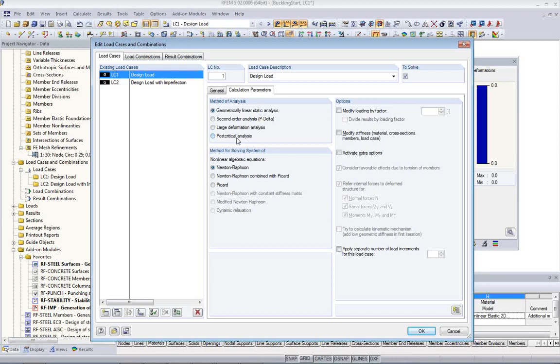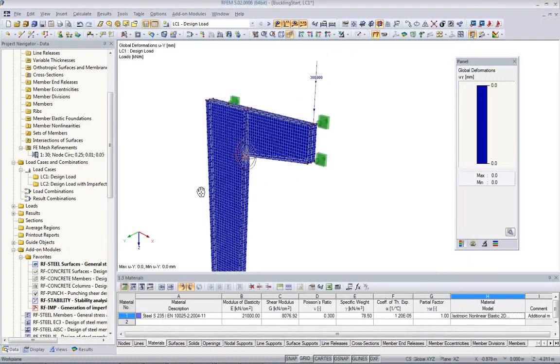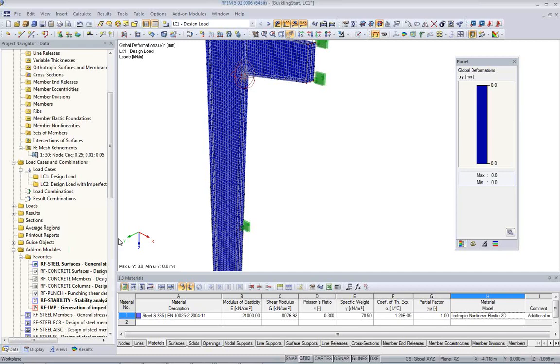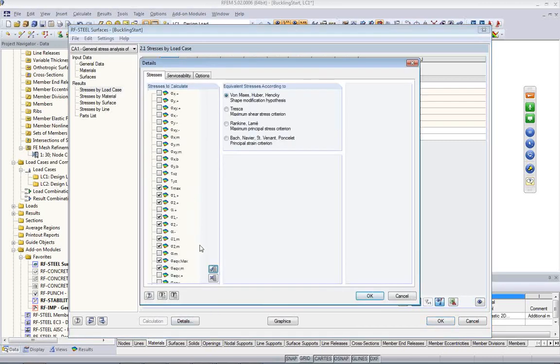Okay, then there is one more question. What about fatigue design in steel analysis? So if you want to do fatigue design, we don't have a specific module at the moment. We're planning to have one, but it's not yet available. But what you can do now is, if you have the RF steel surfaces module, which is part of the RF steel module, you can set here